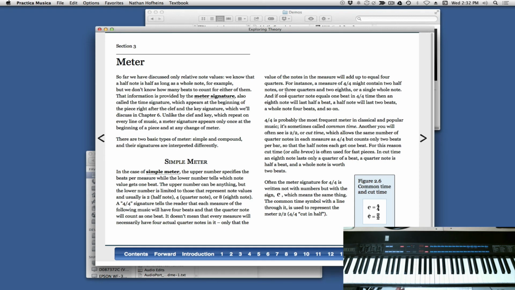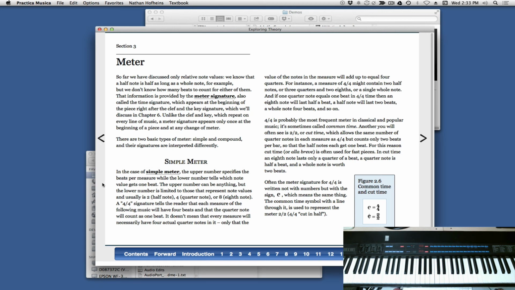This is a video about Chapter 2, Section 3 in the textbook for Music Fundamentals. Here we get to talk about meter. Now meter is what we use to show the different bar lines, basically, and how many beats are in a measure. Remember, each piece of music is sectioned out into different repeating segments, and we call each one of those segments a measure. And so we can use different types of meter to show where the beats are and how the